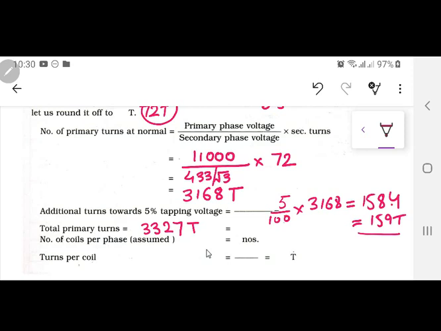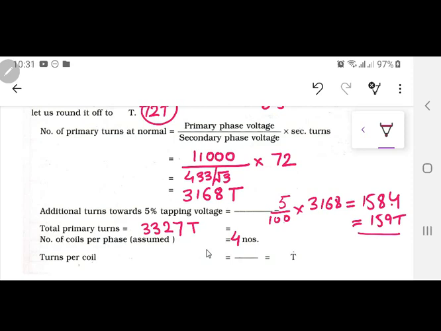So this is totally up to you. You can make 4 coils, 5 coils, but avoid 2 coils over there. 2 coils are not going to give any withstand capability. So it can be 4, it can be 6, or whatever you want to use, or 5. So I am going to go with 4 coils, just like the author of this book, Indrajit Das Gupta, has done. What will be the turns per coil?